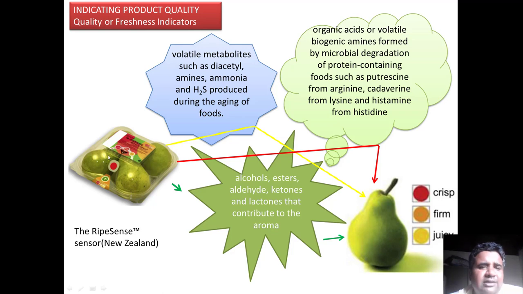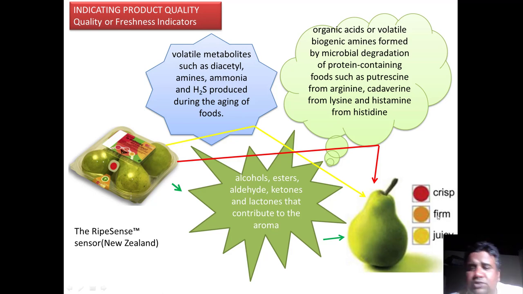Very popular one, this is the RipeSense indicator, RipeSense sensors developed by New Zealand. It has three variations, or you can say three color zones. If it is indicating a red spot, then the red spot is indicating that the fruit inside the package is crisp. With the passage of time, the crispiness will slowly loosen, and it will become more